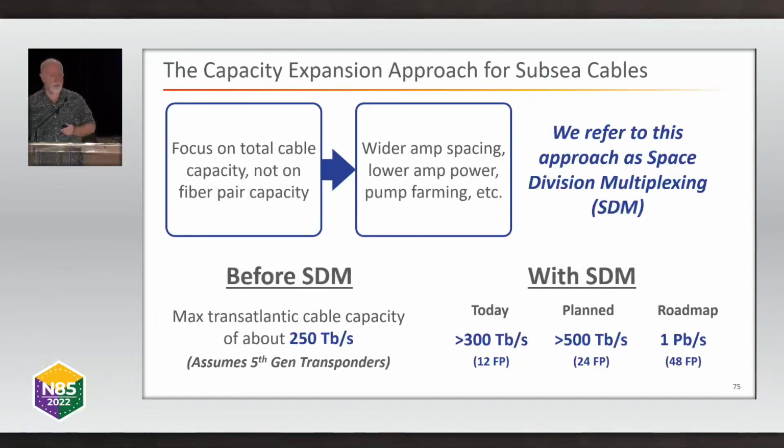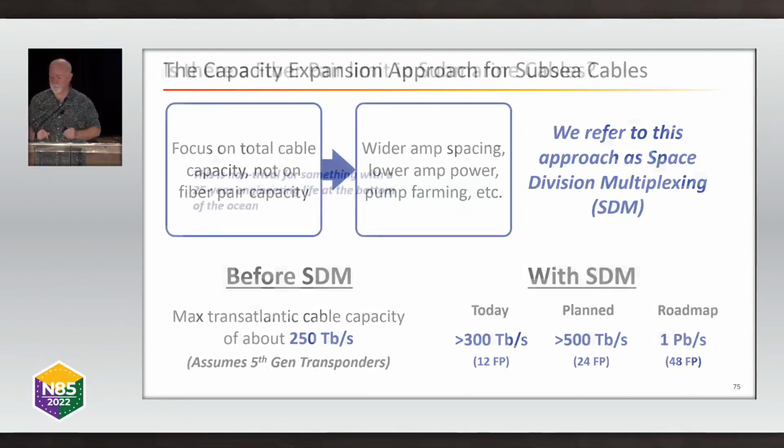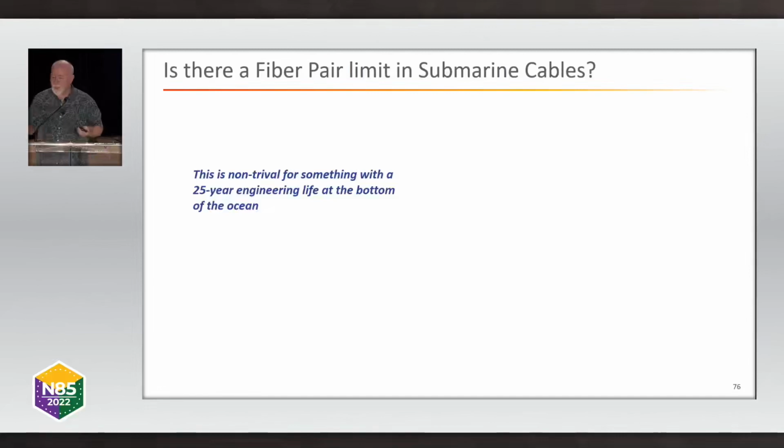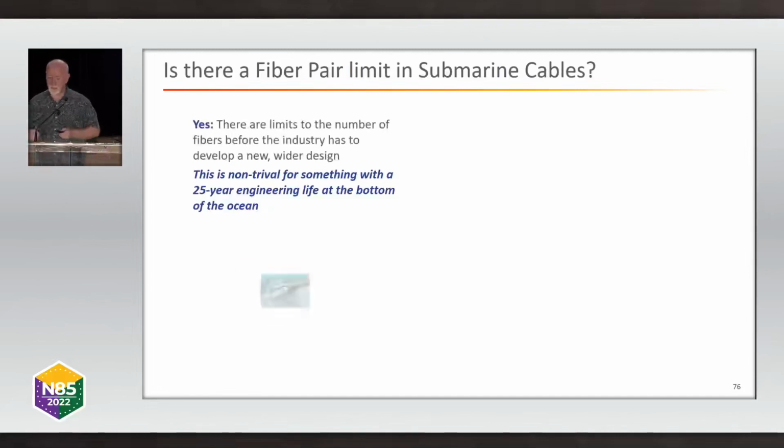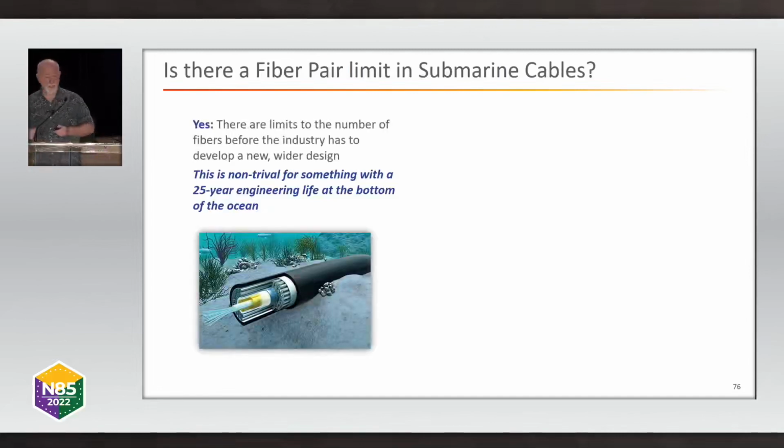There's a cable planned now, transatlantic, with 24 fiber pairs, which would have about half a petabit per second of capacity. And then we know how to build a transatlantic cable, which could give a 1 petabit capacity. So that's not in planning at the moment, but all the technologies are lining up that cable could be built. So is there a fiber pair limit in submarine cables? Yes, because